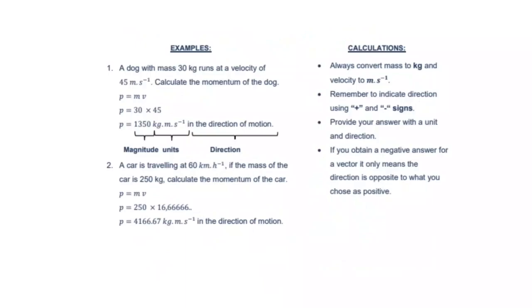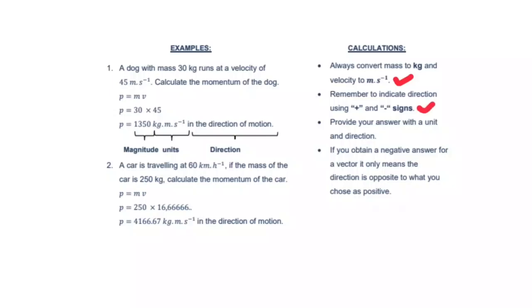But before we look at the examples, there are some guidelines that we should always follow. The first one: always convert the mass to kgs and velocity to meters per second. Like I've said, we need to convert the mass to kgs and the velocity to meters per second. That is bullet point number 1. And bullet point number 2, remember to indicate direction using a plus sign and a negative sign. This is when you substitute, okay? And then the third bullet